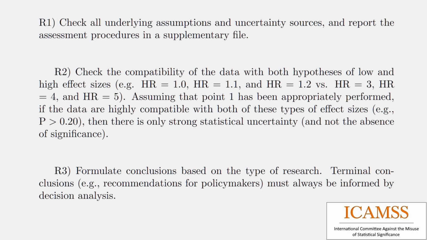R1. Check all underlying assumptions and uncertainty sources, and report the assessment procedures in a supplementary file. R2. Check the compatibility of the data with both hypotheses of low and high effect sizes. Assuming that point 1 has been appropriately performed, if the data are highly compatible with both of these types of effect sizes, e.g. a p greater than 0.20, then there is only strong statistical uncertainty, and not the absence of